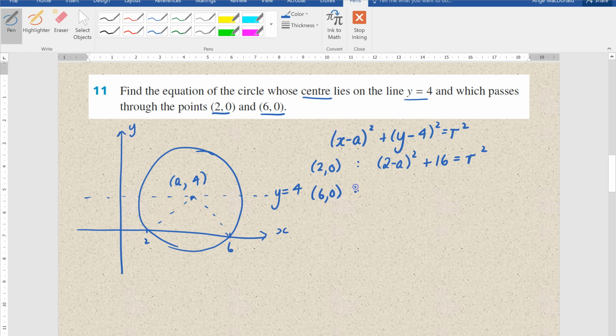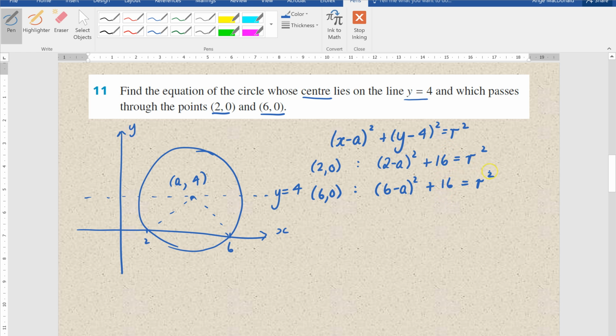Sub that in, so we get 6 minus a squared. Once again, 0 in here, 0 take 4 is 16. That gives me r squared. Okay, now correct me if I'm wrong, but these are simultaneous equations that we can solve, and it's really good